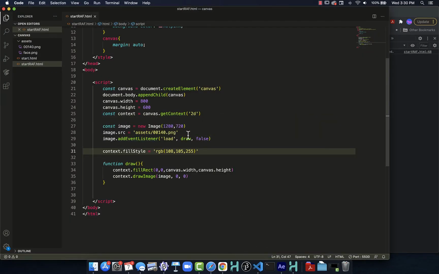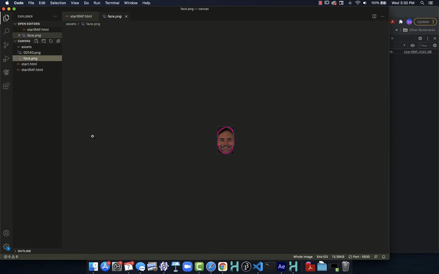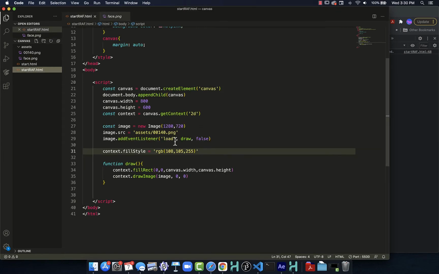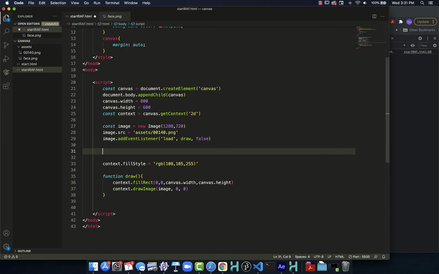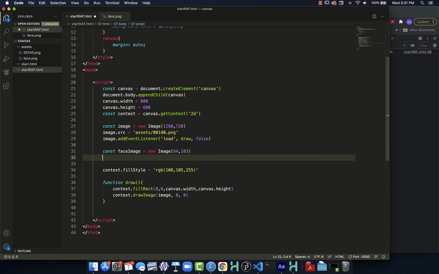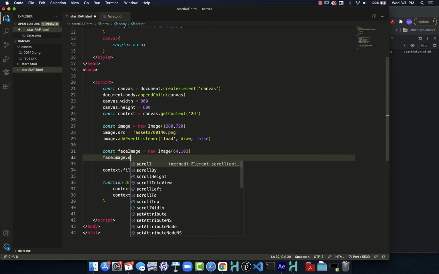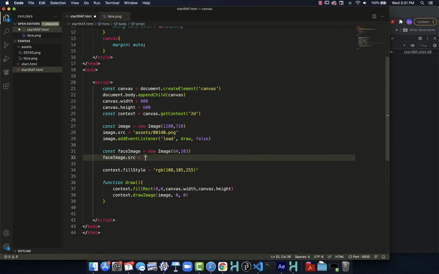So what I want to do is add in another image. The image that I'm going to add in is this simple little face image. We can see it's 64 by 103 pixels in size. So we need to know that for when we add that to our project. So I will call this faceImage and make it a new Image, and it was 64, 103. All right. Now, faceImage source is going to be assets face.png